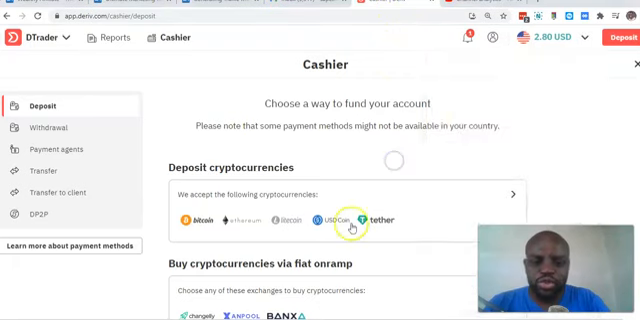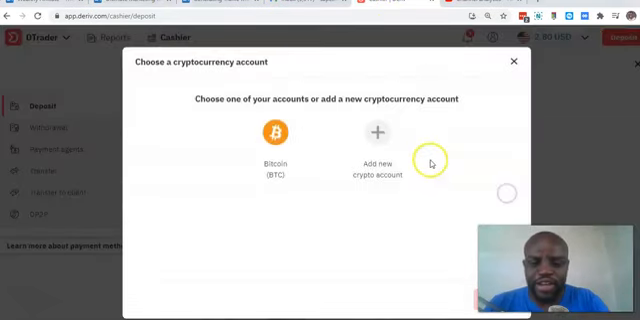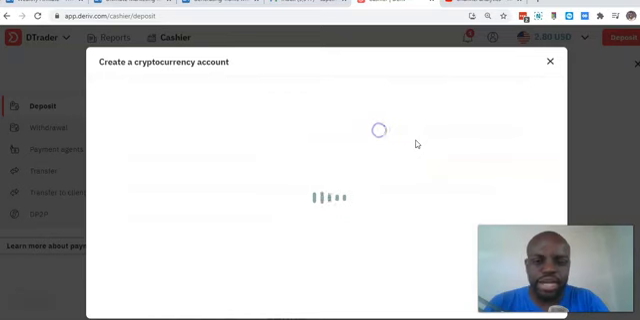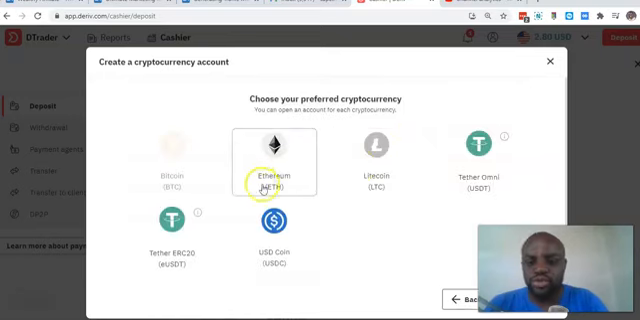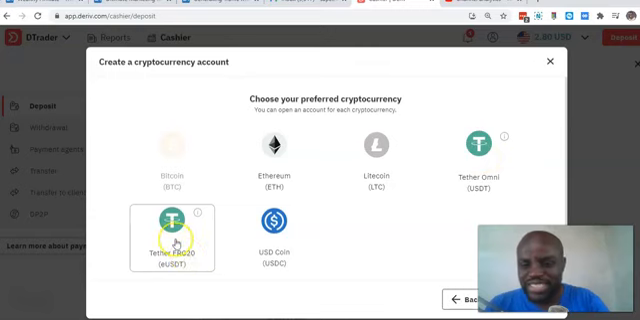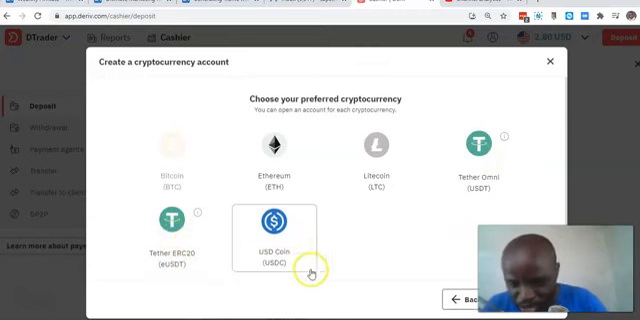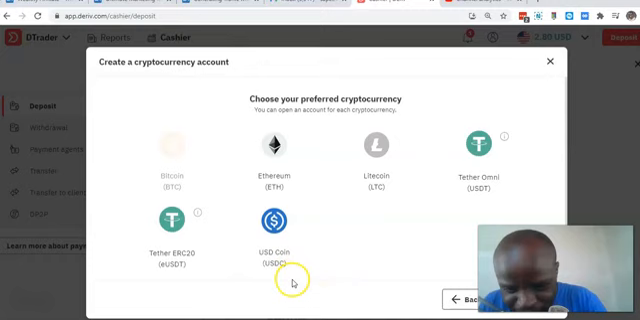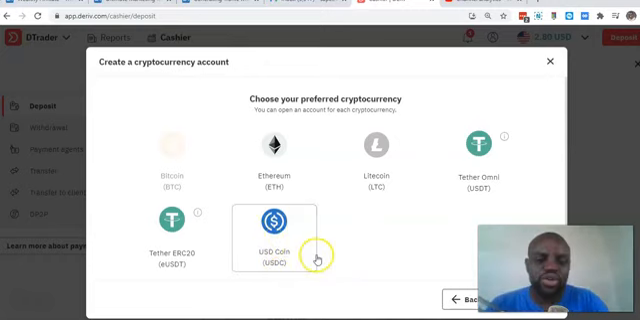Now let us look at the digital currencies, the available options that you have. If you want to add a new account, you're going to see that you've got Litecoin, and you've got, no, this is Ethereum, you've got Litecoin, and you've got USDT TRC20, and you've got USDT ERC20, and you also have this other USD Coin. So if you have experience in any of these cryptocurrencies, it simply means you can use any cryptocurrency to make a deposit into